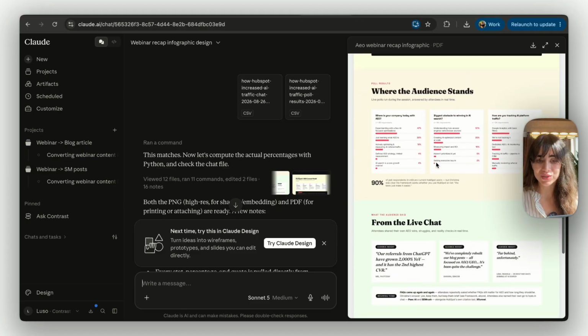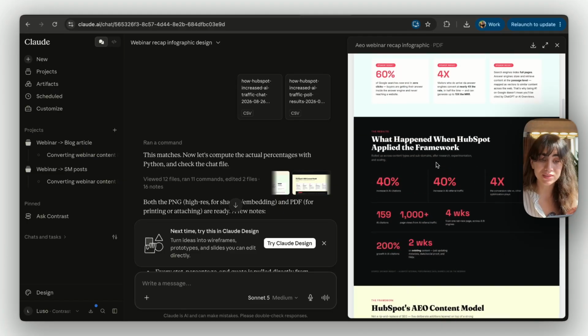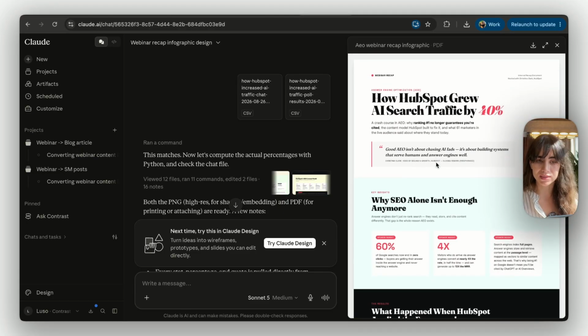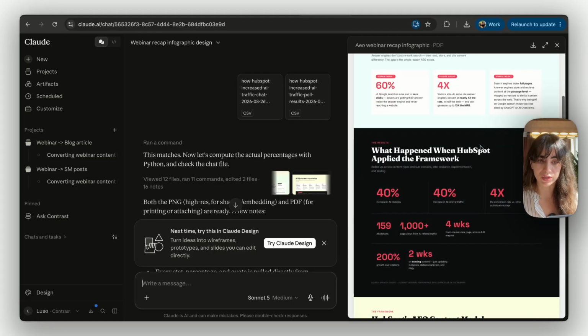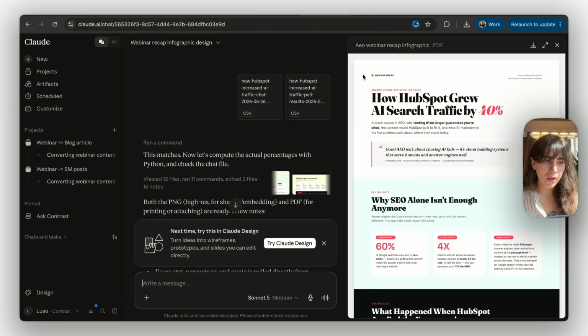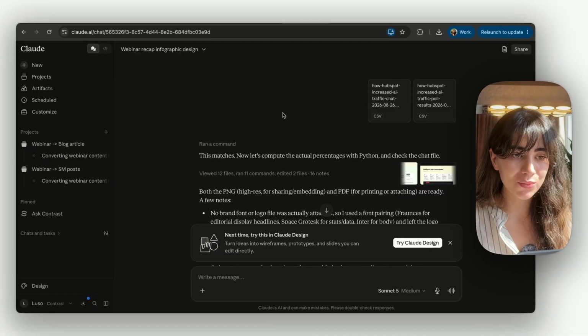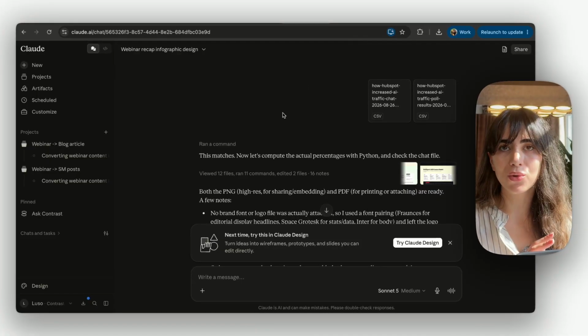And you can see it's using all my brand colors that I uploaded and asked it to use. The only thing I would change here is the font to match our branding, and I would add a logo in the top right corner. The rest looks good. Now let's move to use case number 9, which is getting the full recording of